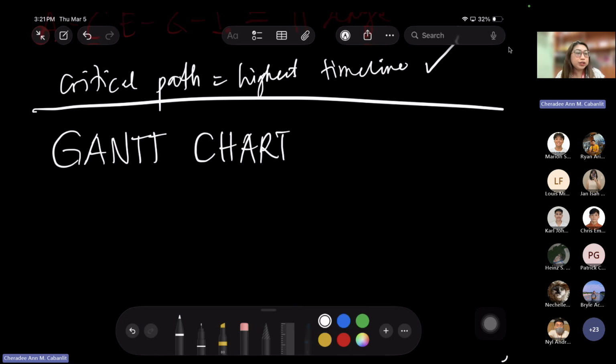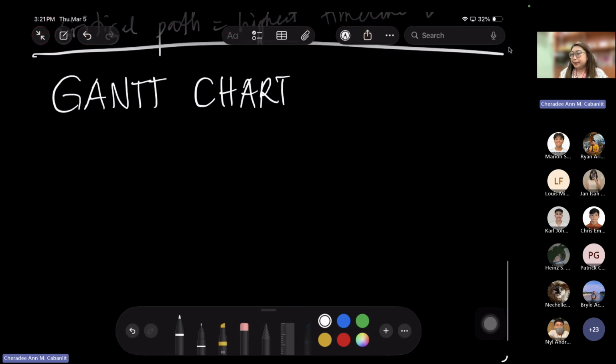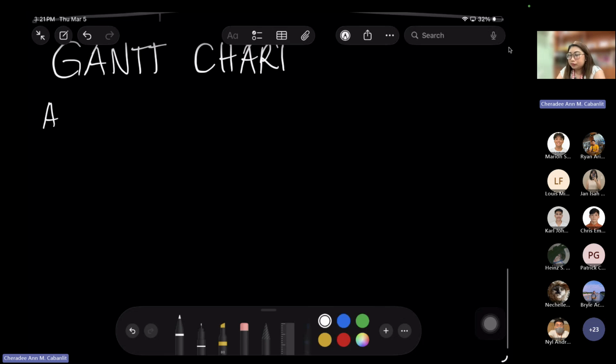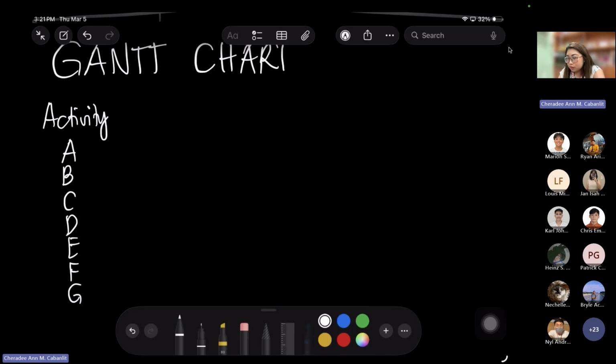Only Chris wrote that critical path equals highest timeline. Where are the others? Oh, my phone is loading already.